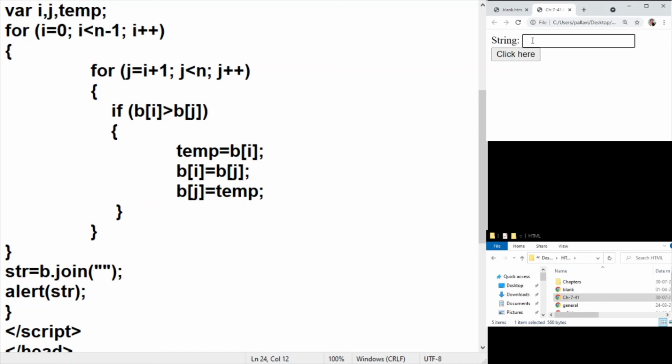So let us take a string. Okay, there's a space, so obviously space is ASCII value 32. So I'll get a space before and then ABCD, because A, B, C, D is 65, 66, 67, 68 and small abcd is 97, 98, 99, 100.